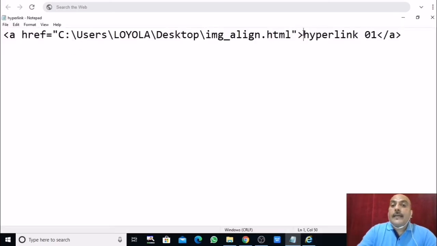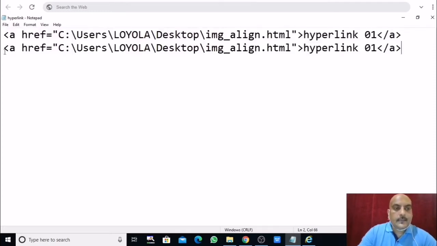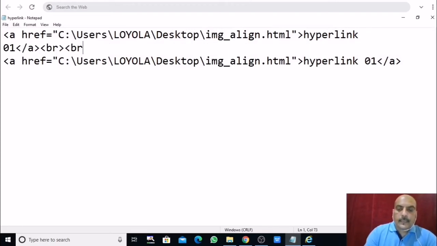Right now in this external link we are using one document only, not an image but a document. If you want to use an image, then here, just copy and paste it, right? And here write br 2 times. I am writing it 2 times, it depends on you.